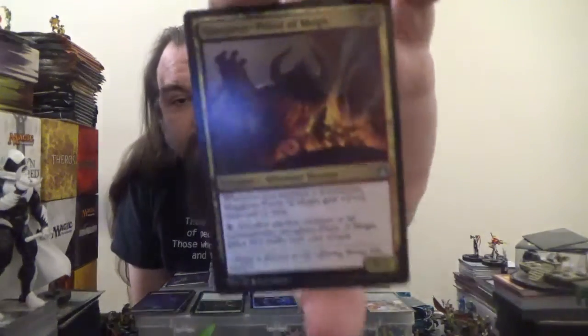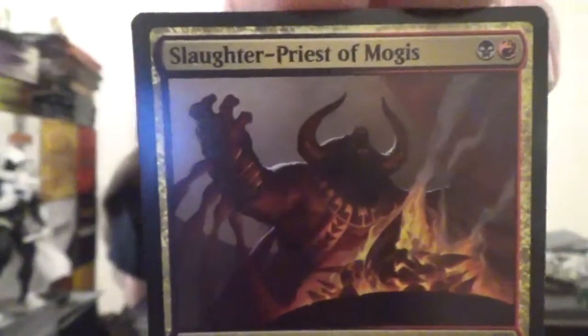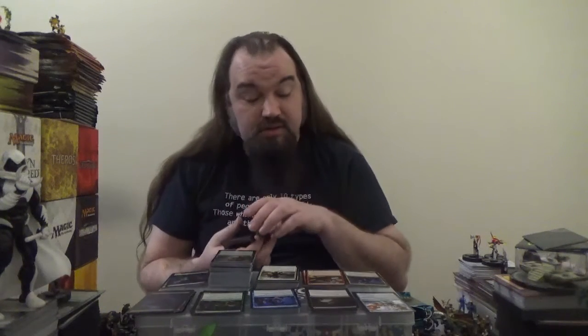This is followed up by Slaughter Priest of Mogus, a 2/2 Minotaur Shaman for 1 black and 1 red. Whenever you sacrifice a permanent, Slaughter Priest of Mogus gets +2/+0 until end of turn. 2 colorless, sacrifice another creature or an enchantment: Slaughter Priest of Mogus gains first strike until end of turn. Not bad. Then we've got